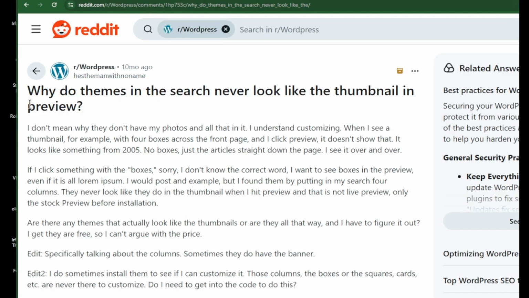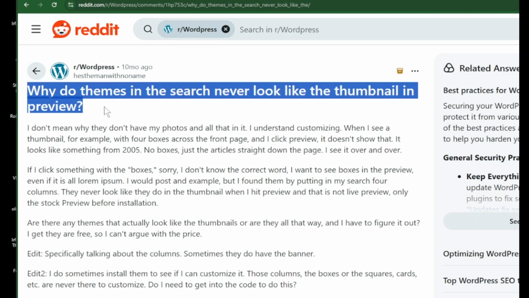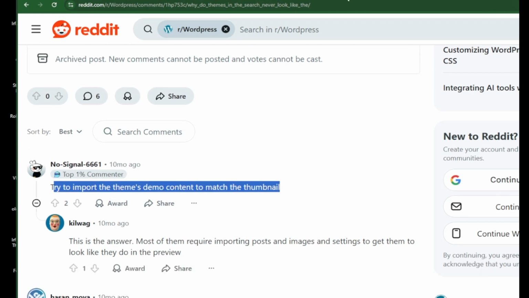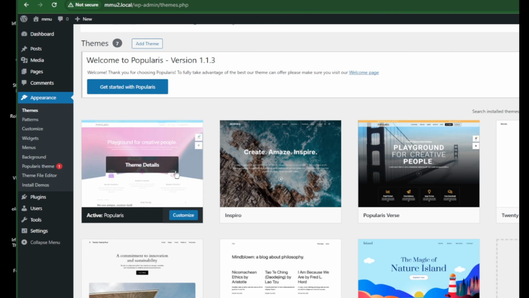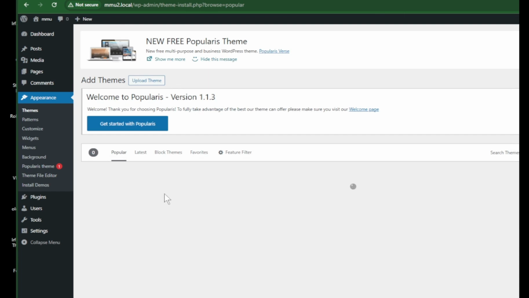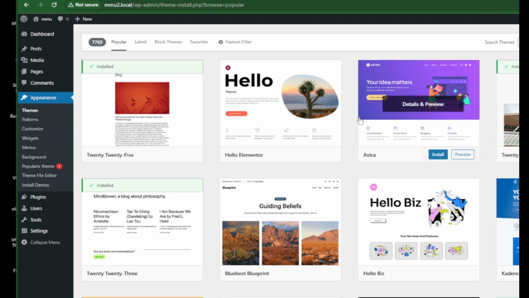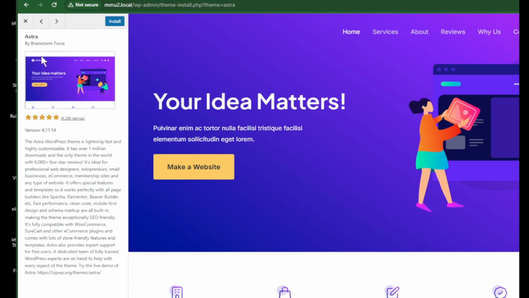There are some solutions to this where themes in the search never look like the thumbnail in the preview. This is actually a common problem. So if you see that the demo does not match the thumbnail, this is the thumbnail. If you try, for example here, add a theme, if you compare the thumbnail and the preview it doesn't match, then avoid that particular theme. So this one, if you click preview for example, okay, you see this thumbnail, it matches the preview, then you can choose this, but it's not guaranteed